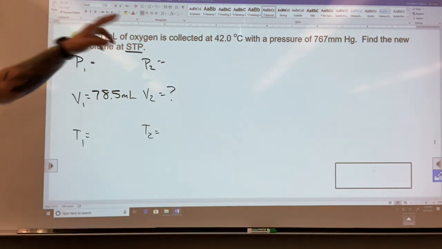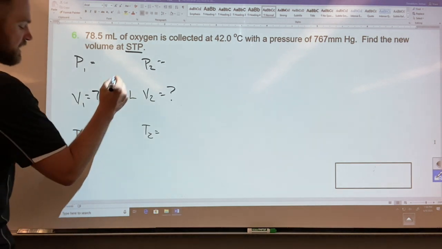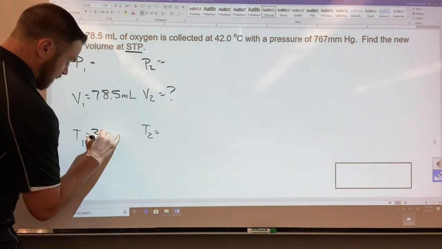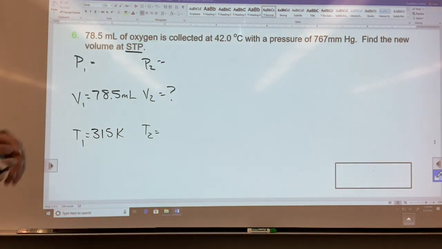Okay, we also have that there's 42 degrees Celsius, but we don't want 42 degrees Celsius. We want to take 42 and we want to add 273 to it. So we know the initial temperature is 315 Kelvin. And we also know that the initial pressure is